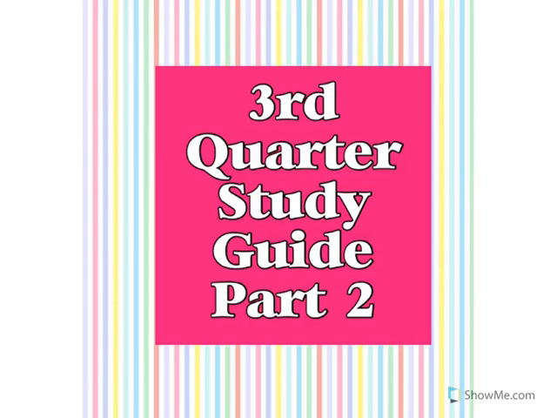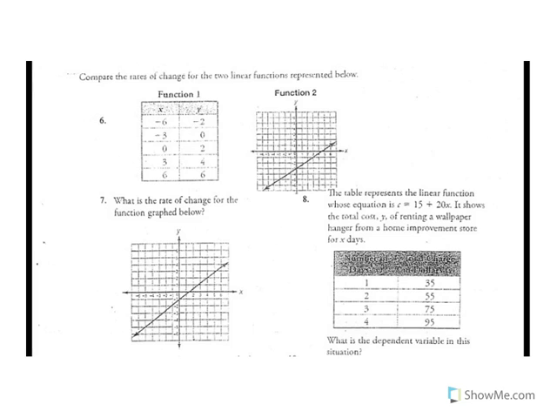Okay, this is third quarter study guide part 2. So on number 6, you're supposed to compare the rate of change for the two linear functions represented below. To compare the functions in a table, you use y2 minus y1 over x2 minus x1. So you pick 2 points